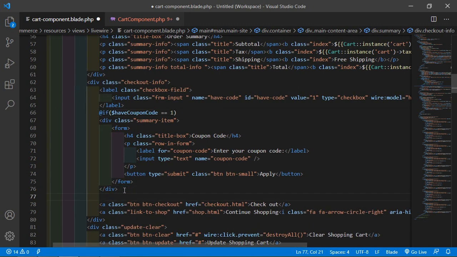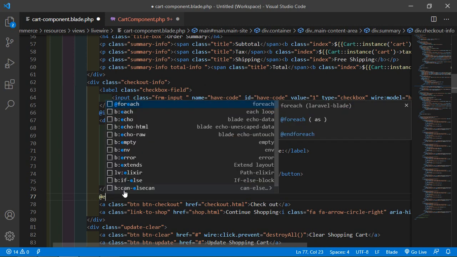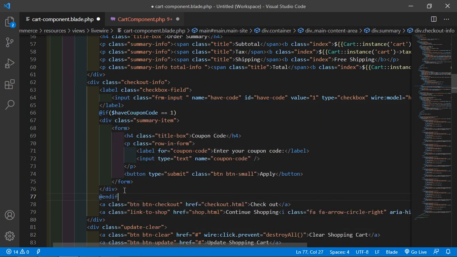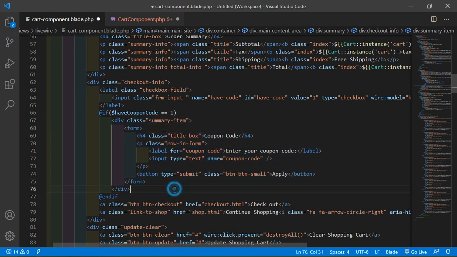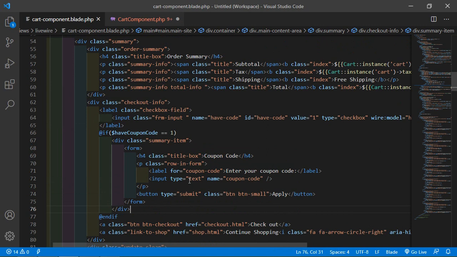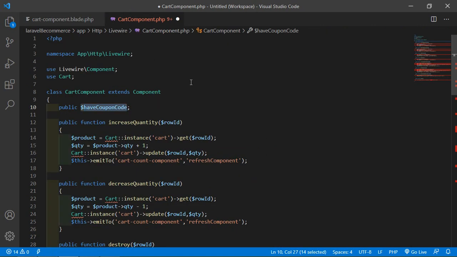After this div, let's close the directive with @endif. Now save this file and also save the class file.